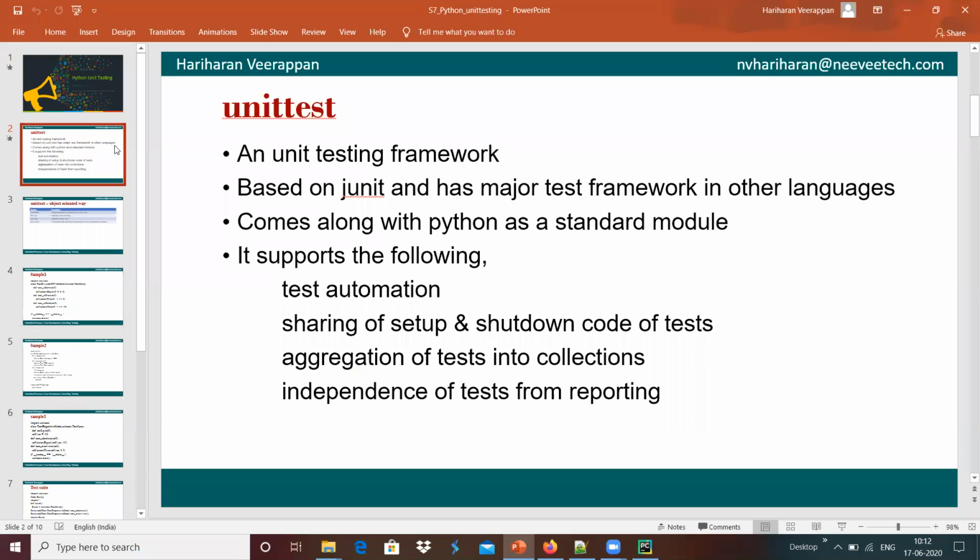Basically, unit testing is this: suppose a developer is creating a module with maybe 10 functions or 20 functions, and maybe a class with different methods. If the module has been developed by a developer, it has to be validated or tested. For example, in real time,